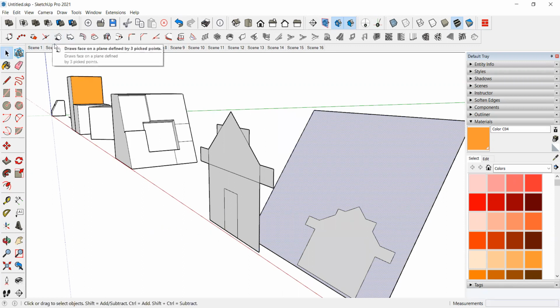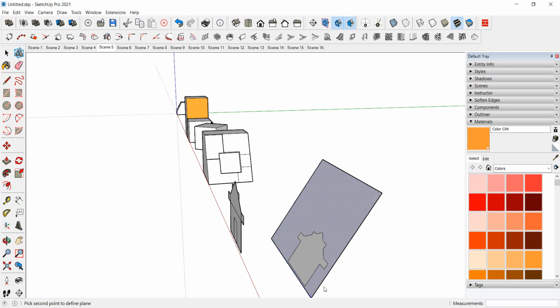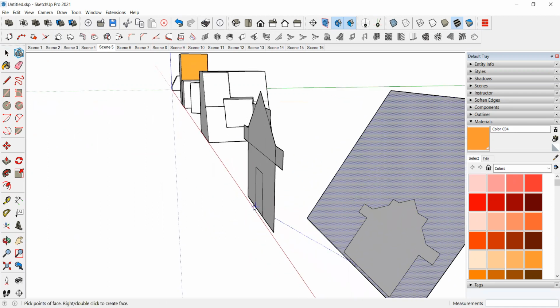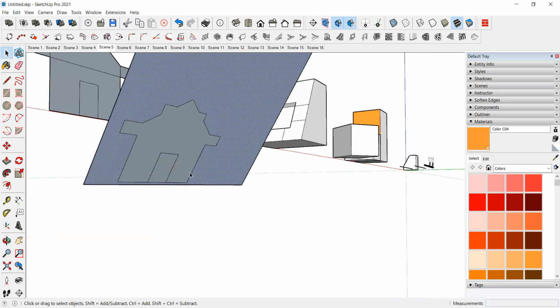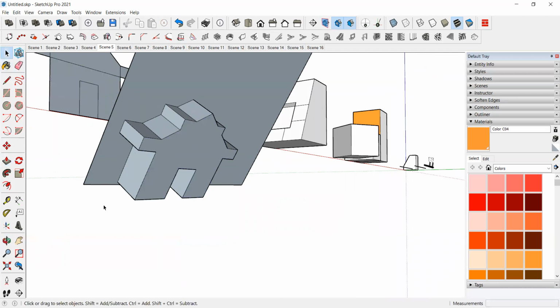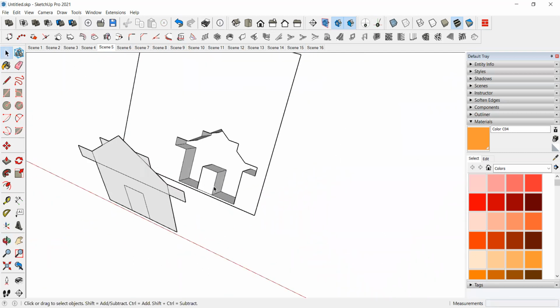So next, again, if you want to draw an inside one, okay, in this way you can easily draw on any surface. Okay, and this way you can easily draw that.